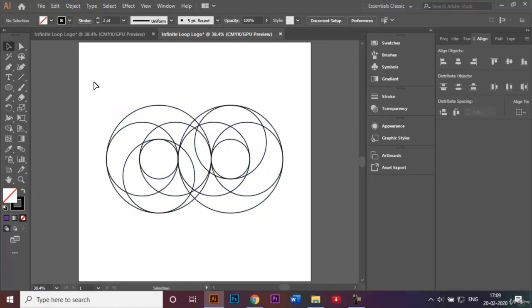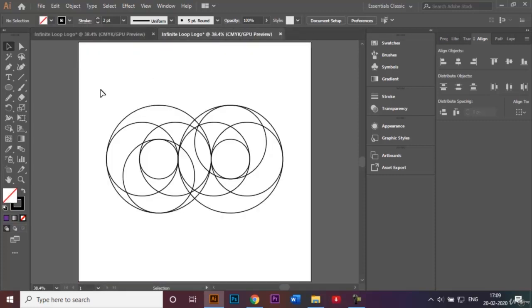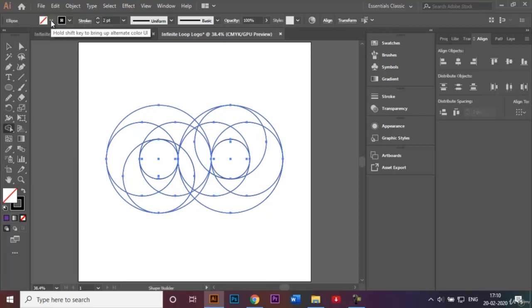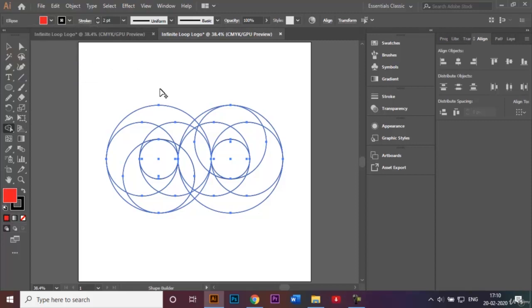Now we'll go ahead and make these kinds of shapes. In order to do that, I'll select all of them and choose this shape builder tool. But for now, I will be adding a solid color and I'll be adding the gradient a lot later. So I'll be choosing this bright red color for now. And with the help of the shape builder tool, I'll just carefully select the shapes that I want to combine, like